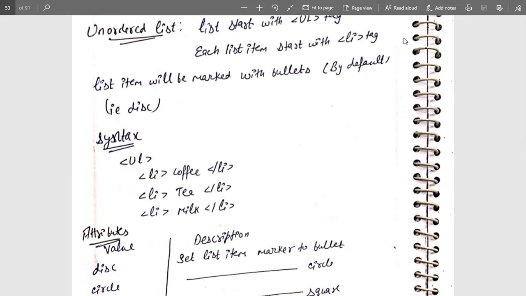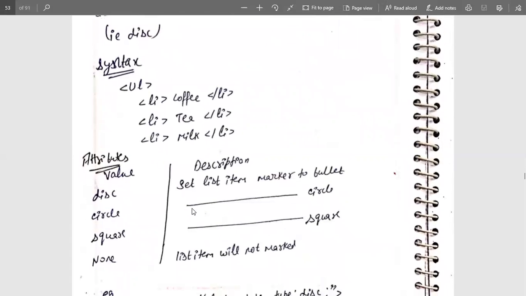Each option is mentioned within the li tag. The li tag starts, then the content is mentioned. After that content, the li tag is closed over here. So li is closed after coffee. Here you can see the li tag started, then content is mentioned, and once the content is done, the closing of the li tag is done. The number of items or options in the li items will be mentioned in the ul tag. Once the ul tag containing all the list items is done, the ul tag will be closed also.